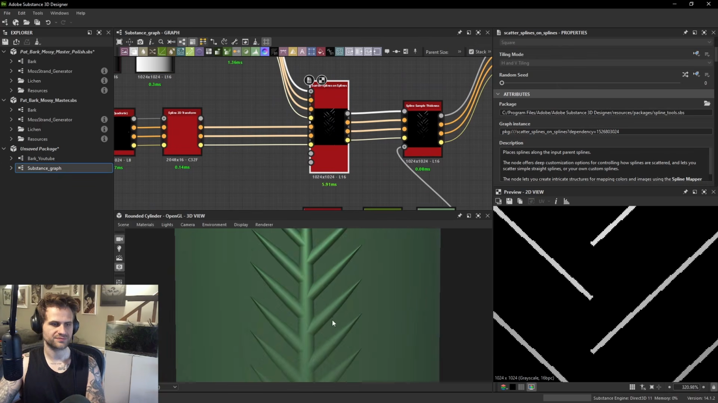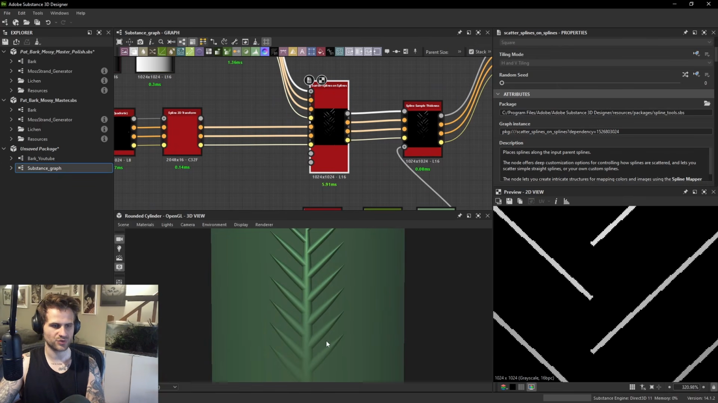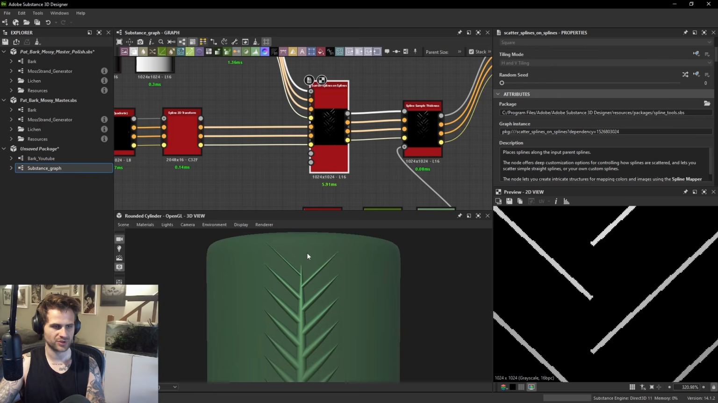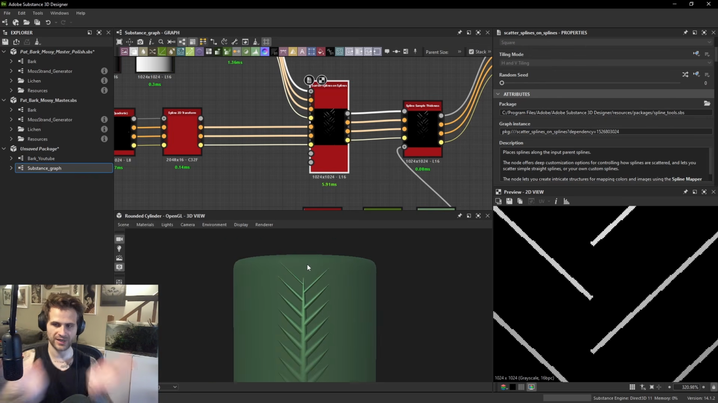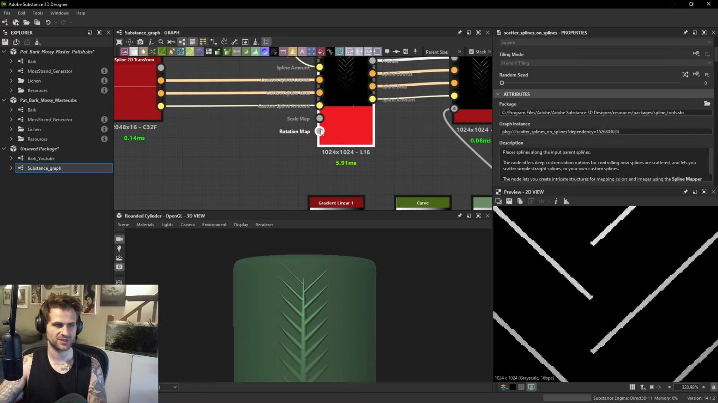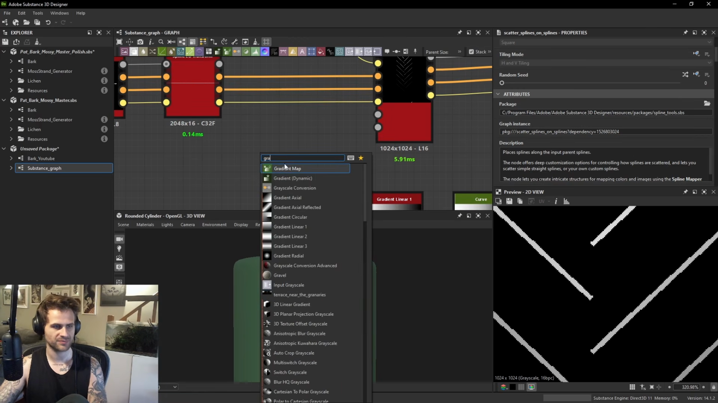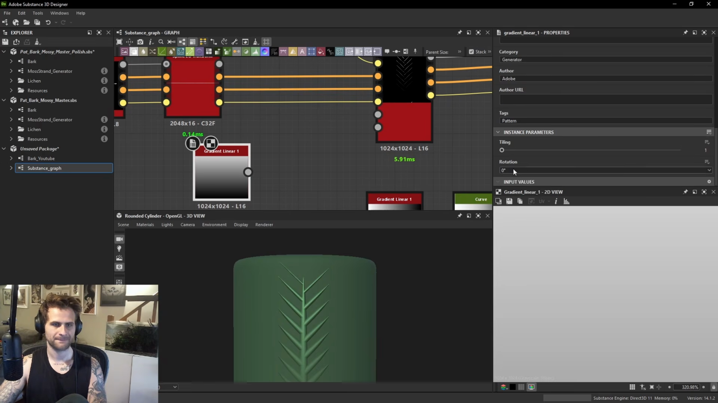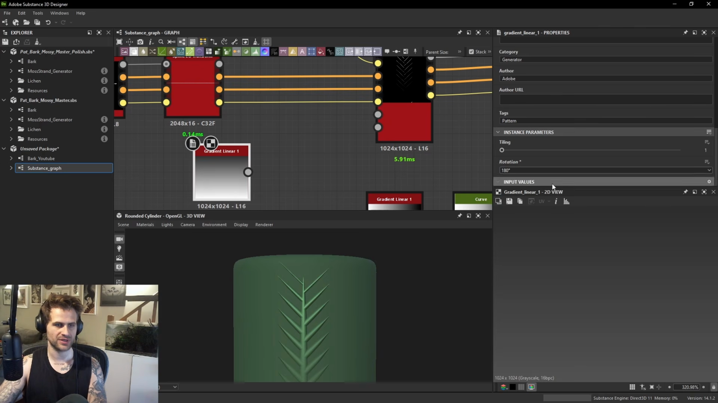Some things we still need to adjust. For one thing, these should rotate more up the closer they get to the top. Like right now, they all just do this. We want them to slowly start to pinch upwards. We probably also want them to get smaller potentially, but we can adjust that later. So we can use this rotation map. And if we plug in a gradient